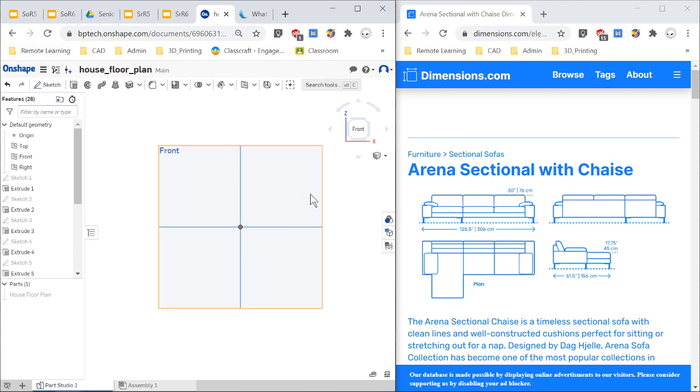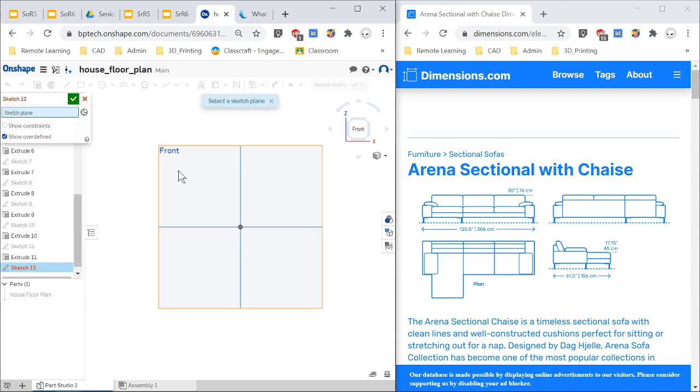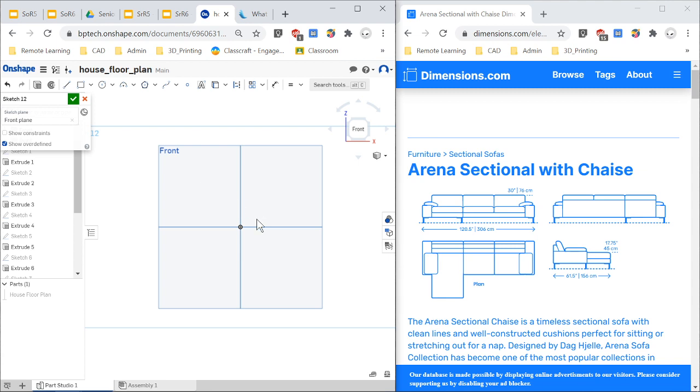So Ctrl or Shift S is your hotkey to jump in, and I'm going to jump into the front plane. You can get rid of your planes if you don't like seeing them by clicking P, and that'll toggle a plane on and off. I don't mind seeing them, so I just keep them on. So the first thing, I'm just going to click on,